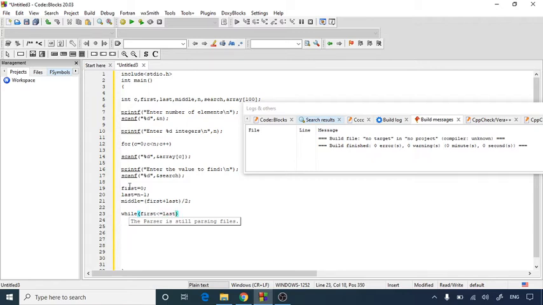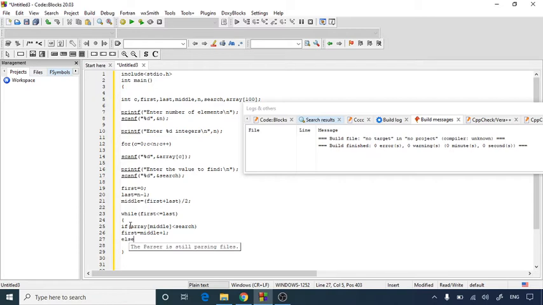If it is like that, then we'll start with an if: if array[middle], the middle element of the array, is less than search, then first equals middle plus 1. So we will continue with the next half.